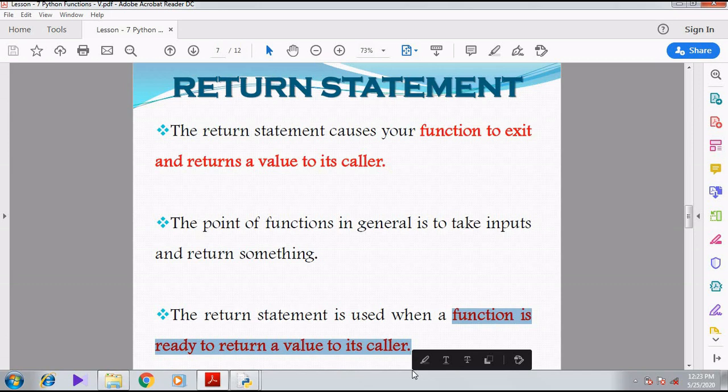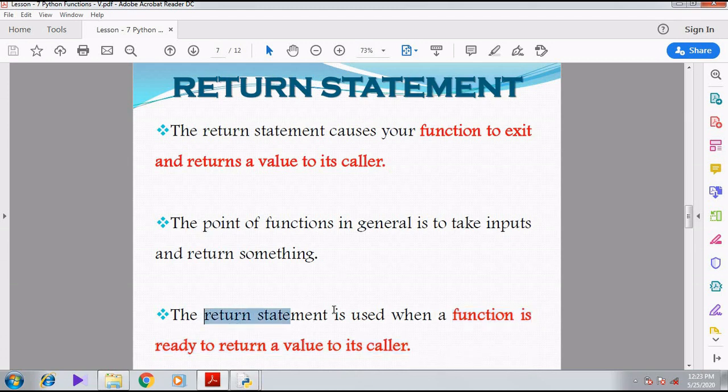When there is a need, the function will process the input, and after the input is processed, the output can be displayed in the function itself. If there is a need, the output can be returned to the caller. For that purpose, we use the return statement. I think you might have understood this.